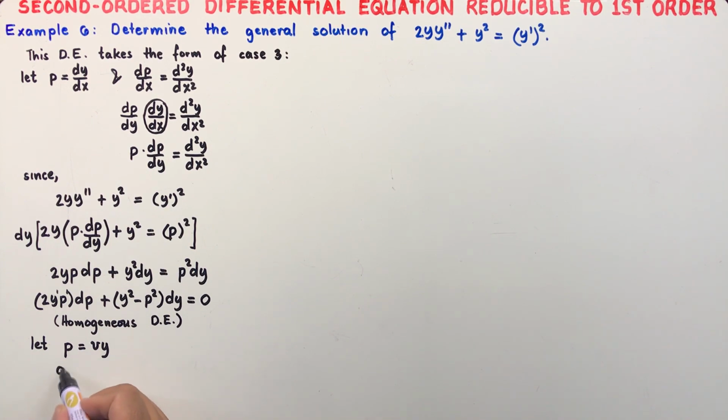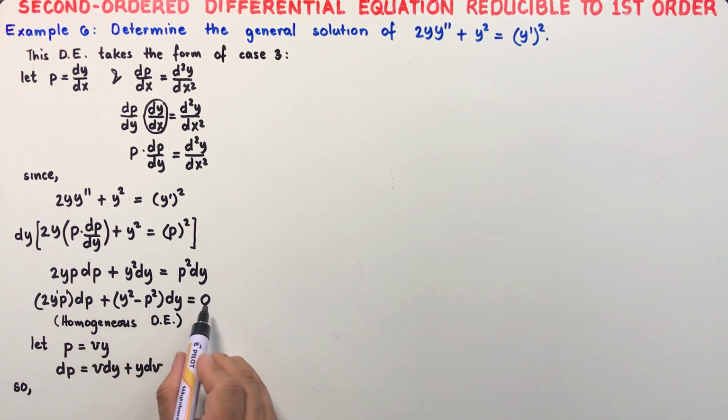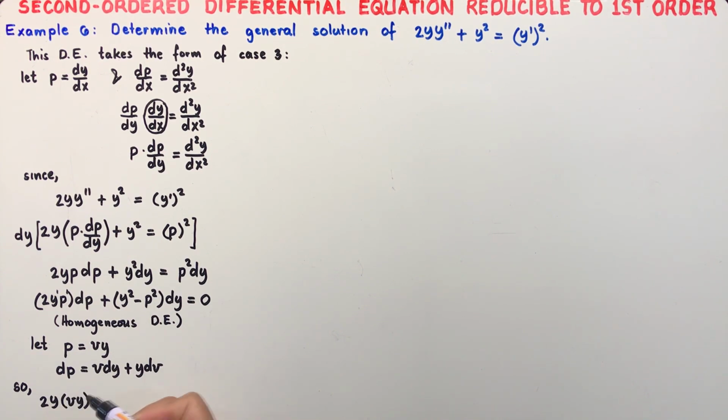So taking the derivative of p, which is the derivative of the product, we get v dy plus y dv here. So substituting this into our differential equation, we have 2y times p, which is vy, times